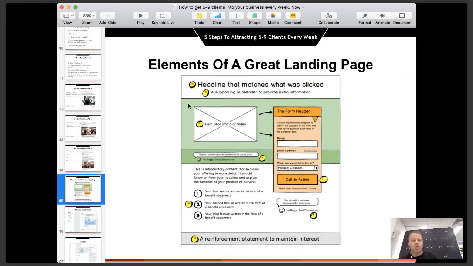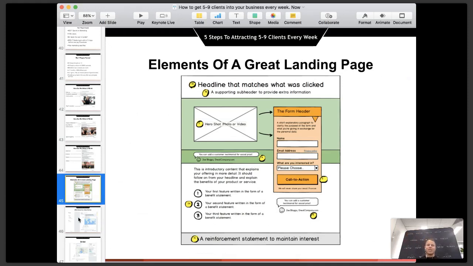So then on the left here, a hero shot or a video. On the right-hand side, there is a name, email, and phone number. We know that people get to a website, their eyes go up here, move to the right, drop down. That's why your name, email, and phone number should always be here. Below that, 3 features and benefits. So the feature for a gym could be 4 personal training sessions a week for 4 weeks to increase muscle tone and increase your metabolism. It could be a nutrition plan that decreases bloat and increases energy. It could be 24/7 accountability to make sure you stay on track to get guaranteed results. So that's 3 feature benefit statements. And then there's a reinforcement statement at the bottom. It's like a risk reversal.